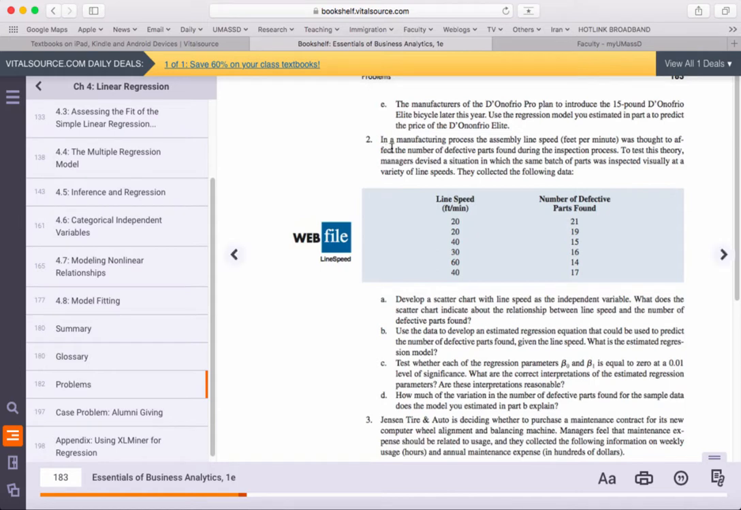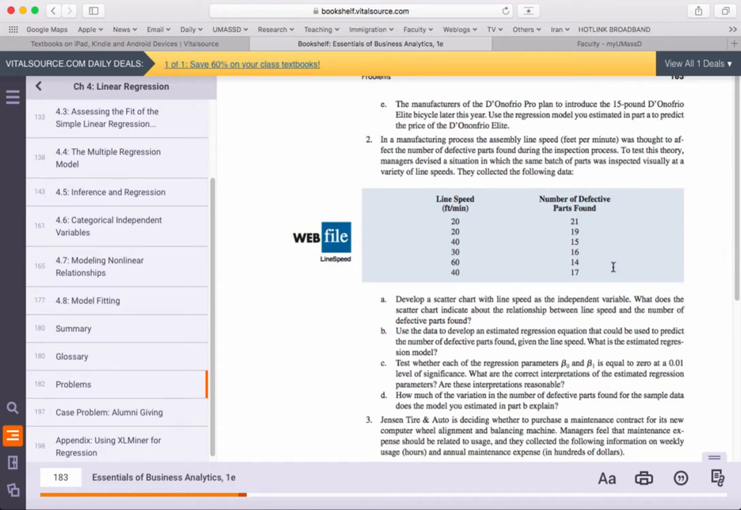So basically, we want to know what is the relationship between two variables, line speed, which is foot per minute, and number of defective parts found, which is basically a count, a number. We want to know basically the relationship between the two, and we want to quantify the relationship. These are the data sets,